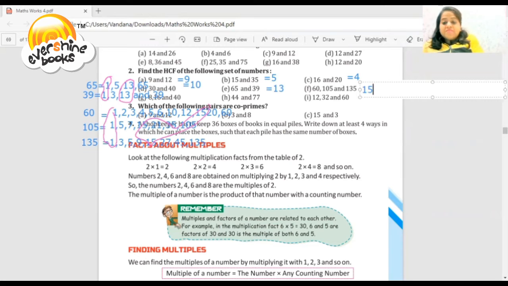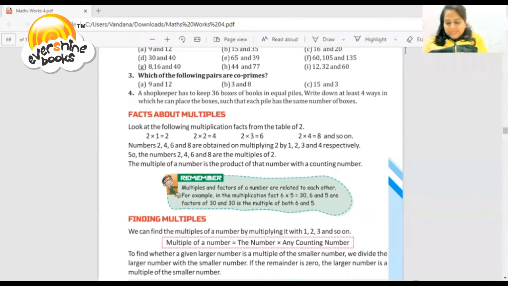So students, this is a very important topic in this chapter. HCF is very important. So just write your right answers in your notebook. Practice of these sums is very important. Okay, students, got it? Now do these remaining sums in your notebook, and come to question number 3: which of the following pairs are co-prime? As I told you earlier, co-primes are numbers in which 1 is the highest common factor of both numbers. So just do these sums with me.